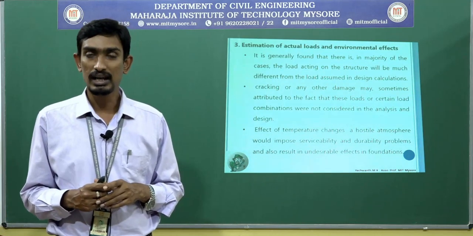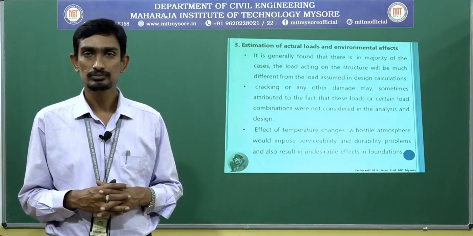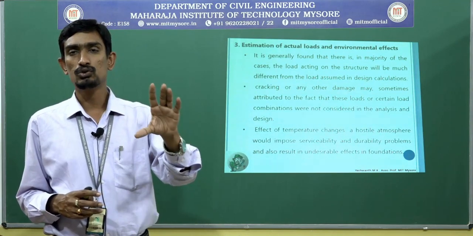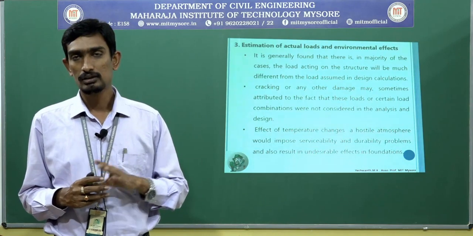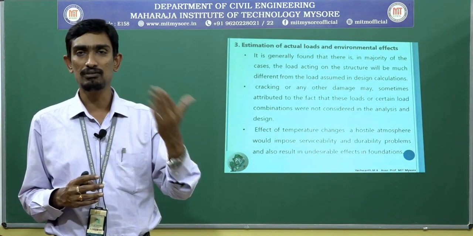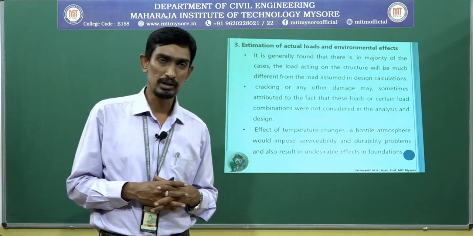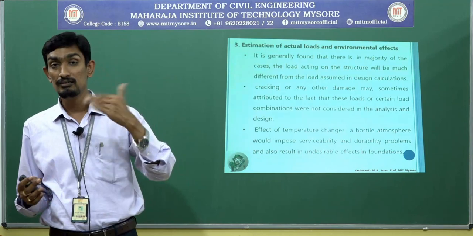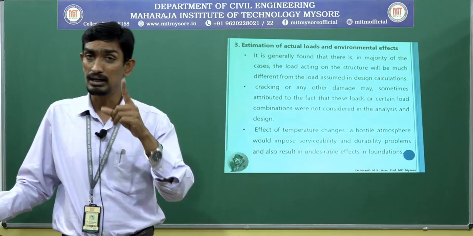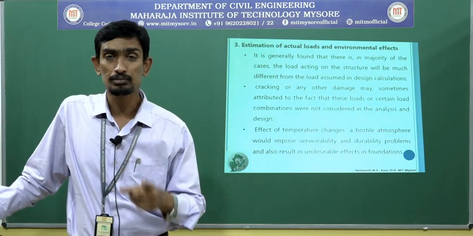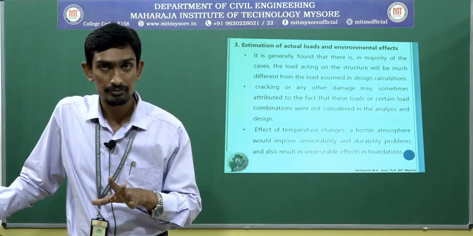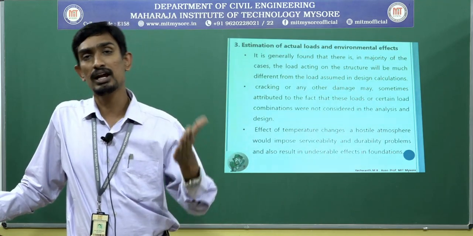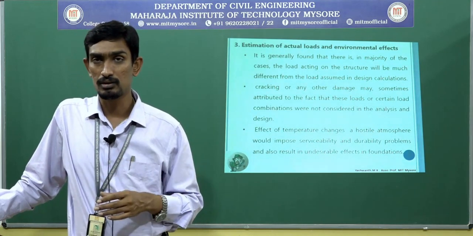For example, I will tell you a story. You have designed the building for so and so load. That means it may carry a certain live load of, I can say, 4 kilonewton per meter square or 3 kilonewton per meter square. And all those live loads will vary depending upon the type of building. So this you already know as per IS 875. For a residential building the live load is different, for an industrial building the live load is different.